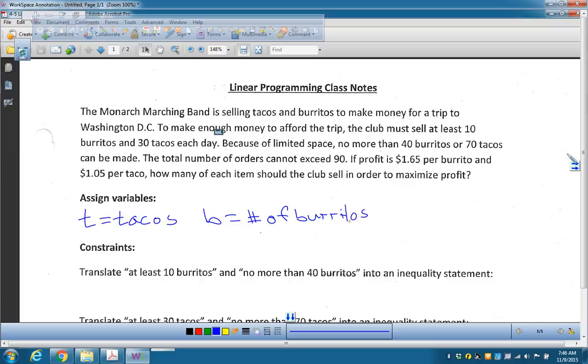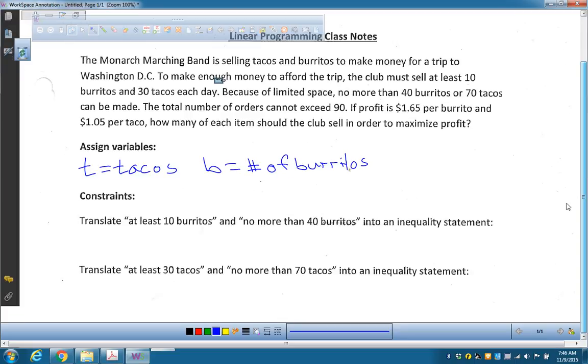And then we're going to try to translate. What you have is a bunch of constraints. Translate at least 10 burritos and no more than 40 burritos. How could I write that as an inequality? Greater than or equal to 10. Perfect. b greater than or equal to 10